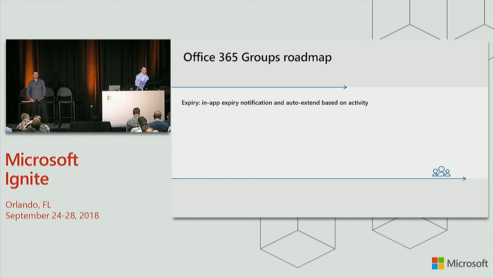At a high level, like I said earlier, I talked about expiry, and we got a ton of feedback from customers. We're on this journey to provide in-app notification, so whether your user is living and breathing in SharePoint, in Planner, in Staff Hub, wherever it is, the user should not have to leave the app and be warned that potentially their group might be deleted. So that's the first point.